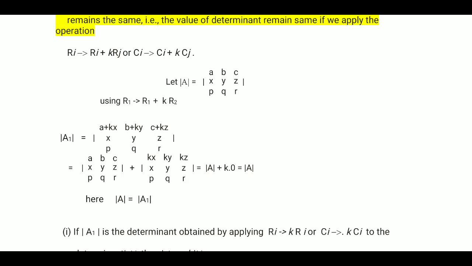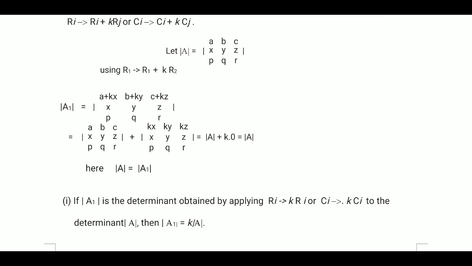Now the first one is determinant A, plus the second one is, if we take common K from R1, we get a determinant having the same elements in the first row and second row. So after taking common K, we get a determinant with two identical rows, so the value will be 0, so it becomes K into 0, and we get determinant A. It means if we apply such a rule, then the determinant value will not change.